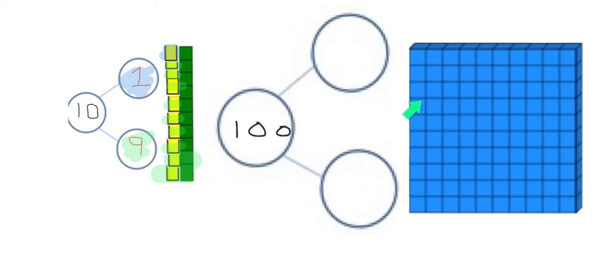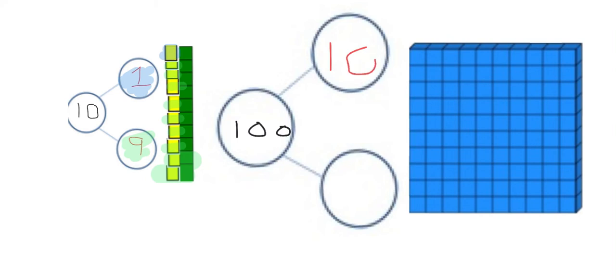10 tens, let's look. 10, 20, 30, 40, 50, 60, 70, 80, 90, 100. So how many tens? 1, 2, 3, 4, 5, 6, 7, 8, 9, 10. 10 tens. So that means 100 is 10 times bigger. That's why it has an extra 0 on the end. Let's try making 1 10 times bigger to put in here. If we're going to make it 10 times bigger, we're going to put an extra 0 on the end of